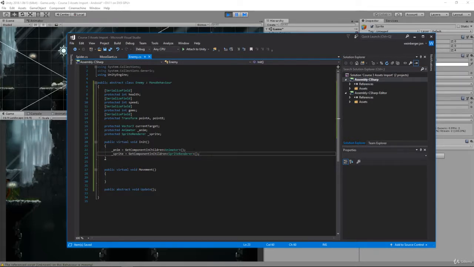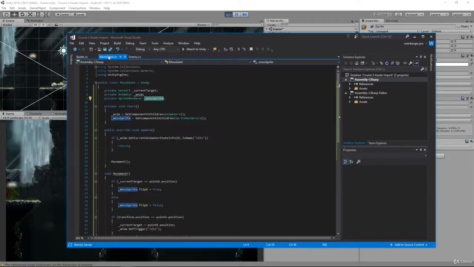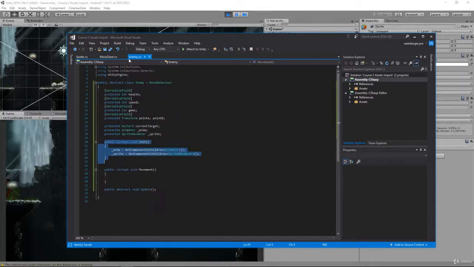So here we have public virtual void Init, and this is going to be our initialization function. I'm going to show you how we can initialize default values in our enemy class, and then also, if the Moss Giant has other things that it wants to initialize that are specific to it, we can do that as well. So continuing on here, we have our init function, which is going to grab the animator